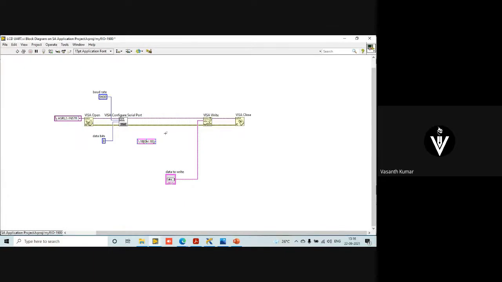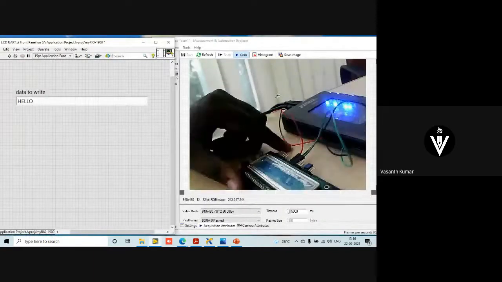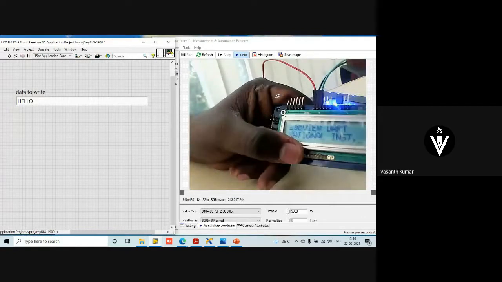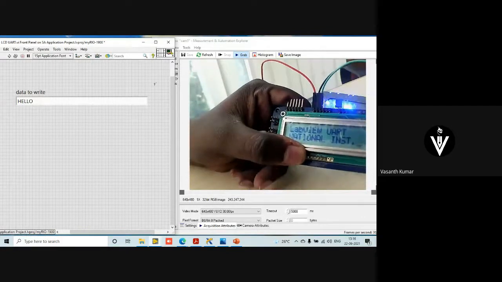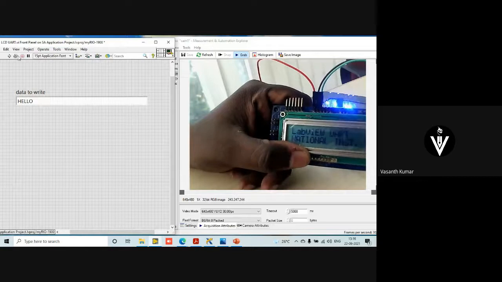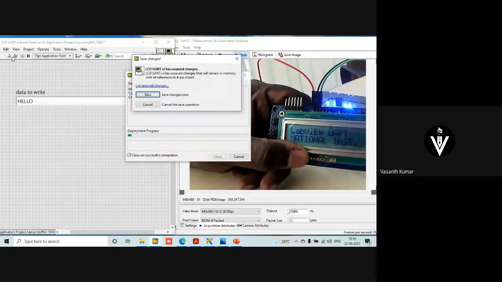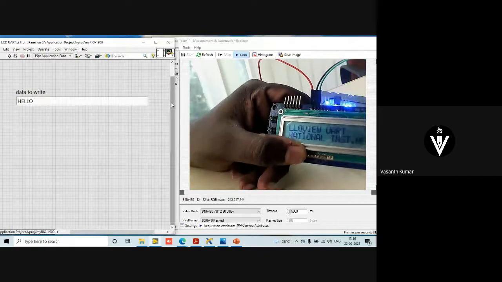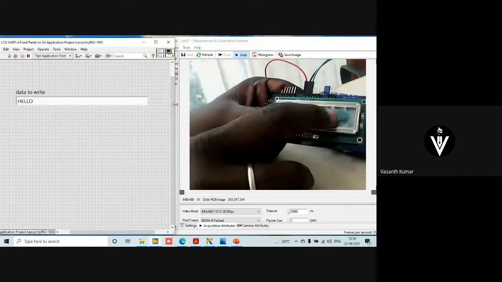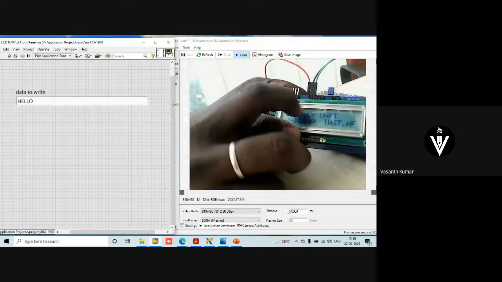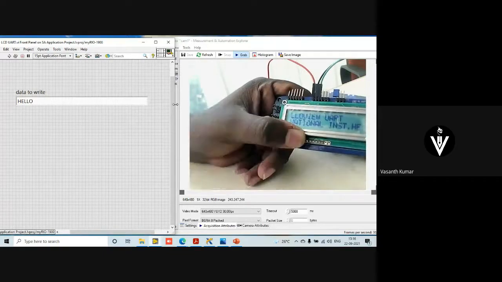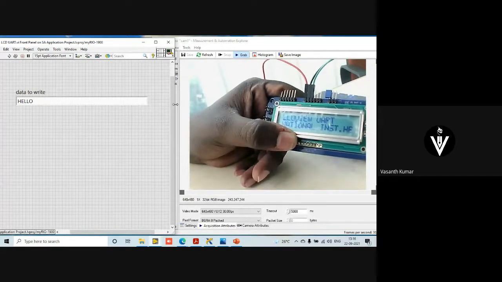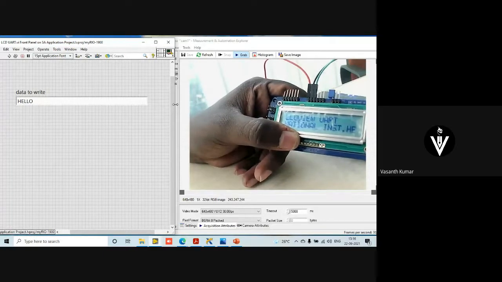I'm not giving the reset command, just simply writing the data of hello to the previous. You can see that the previous data, whatever we wrote, is still there. So if I run this program, can you see? It started from here, continuing from here, HELLO. It keeps concatenating the data.